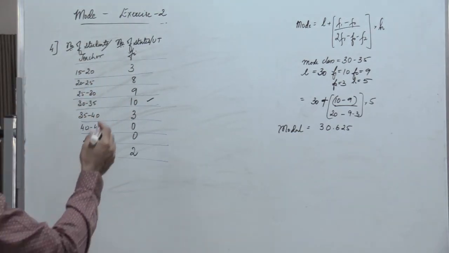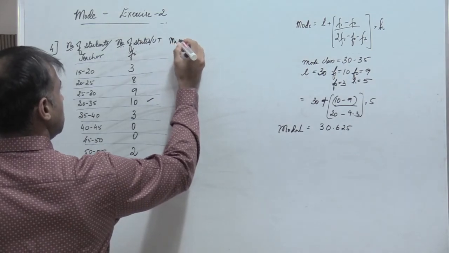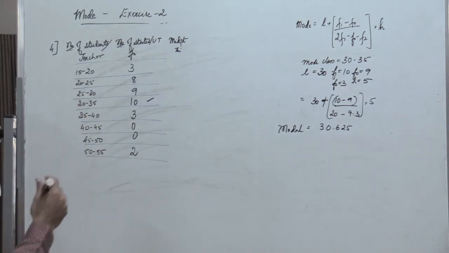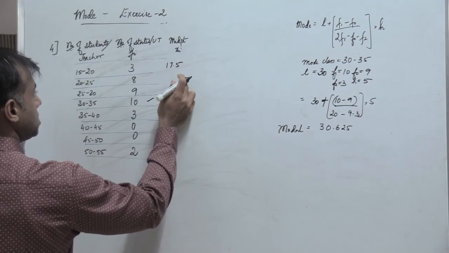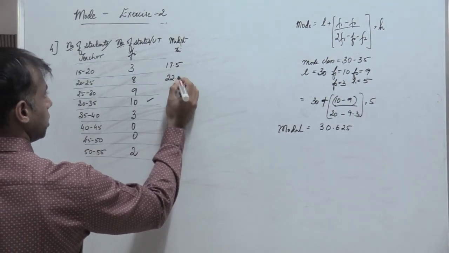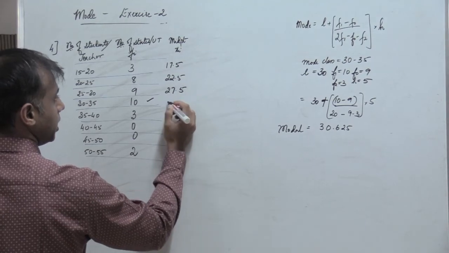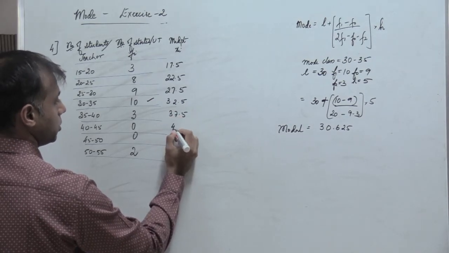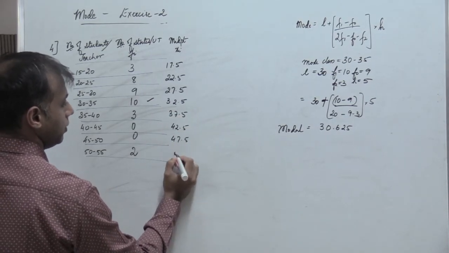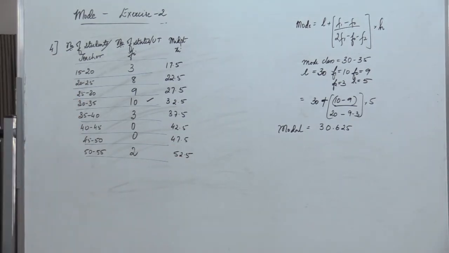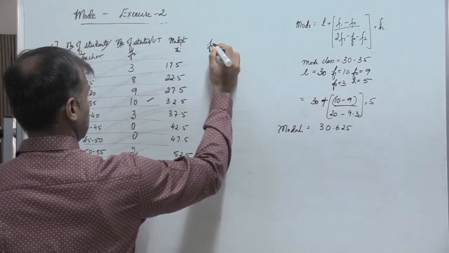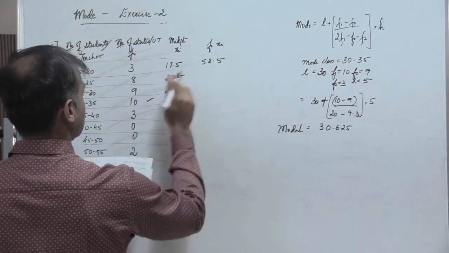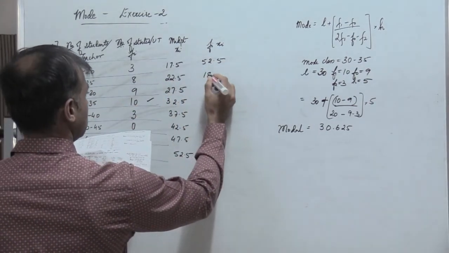So we need to find the mean. So to find the mean, let's find the midpoint of the class interval. So midpoint xi is 15 plus 20 divided by 2, so we get 17.5. Plus 5, I get the next midpoint value, which is 22.5, plus 5 I get 27.5, plus 5 you get 32.5, next 37.5, 42.5, 47.5 and 52.5. So next multiply fi into xi. So 3 into 17.5 gives me 52.5. I multiply these two, I get 180.